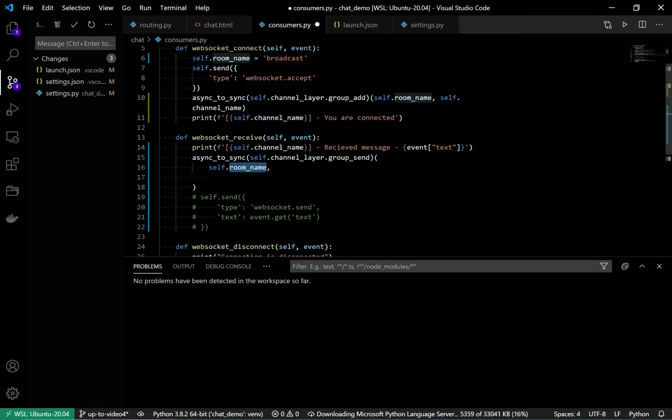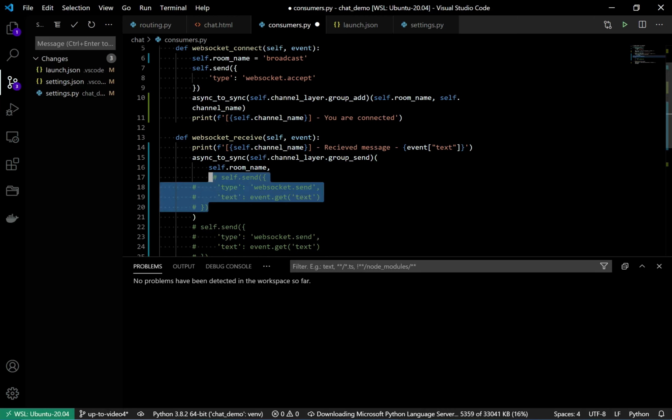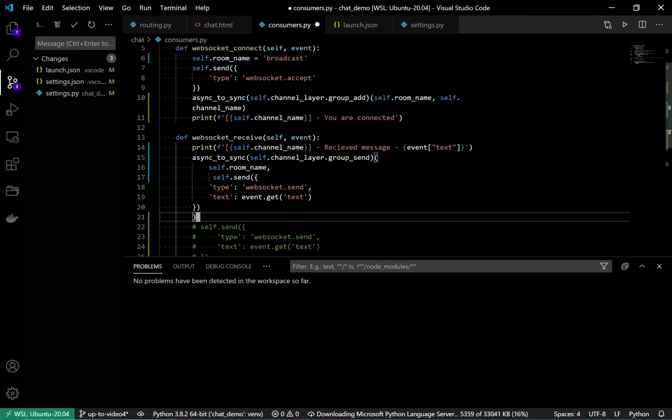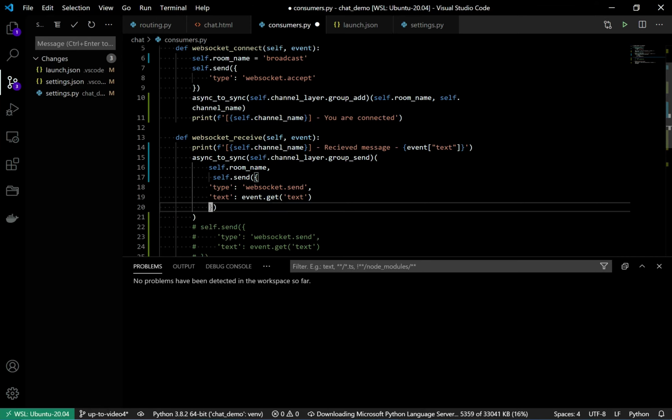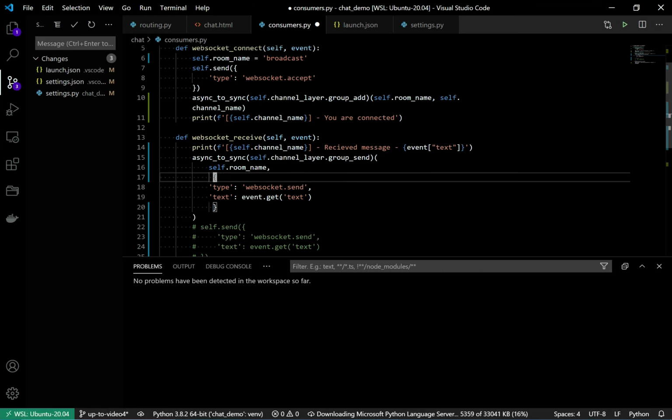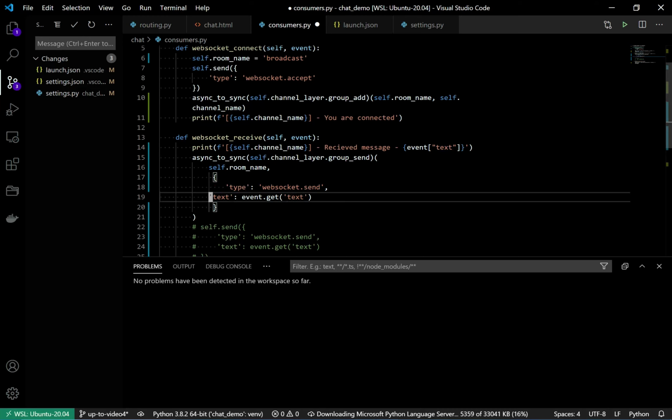This event here we need to provide, but instead of sending, we just need to provide the event data. So we are going to remove these round braces. The type is websocket.send, which is going to be your event actually, and then the text is this one.